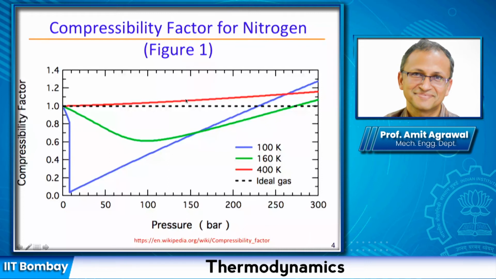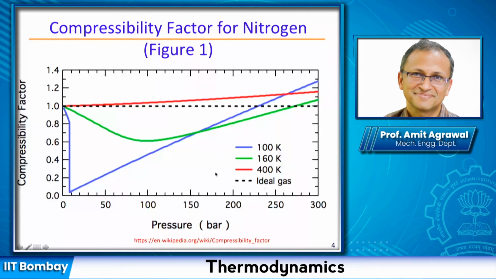You can see that the red curve is close to 1 for the compressibility factor over this entire range of pressure values that we see. Even for a pressure from 0, which is very close to vacuum, to 300 bars, the compressibility factor has hardly changed by 20%. It starts off at 1 and has not even reached 1.2. It is almost 1.1516, so it has only increased by 16% over this huge range of increase in pressure.